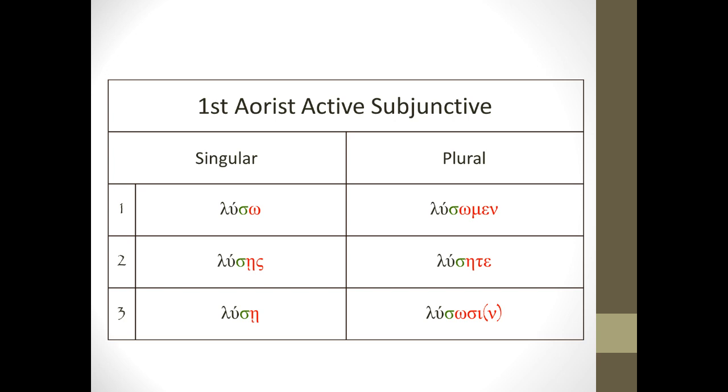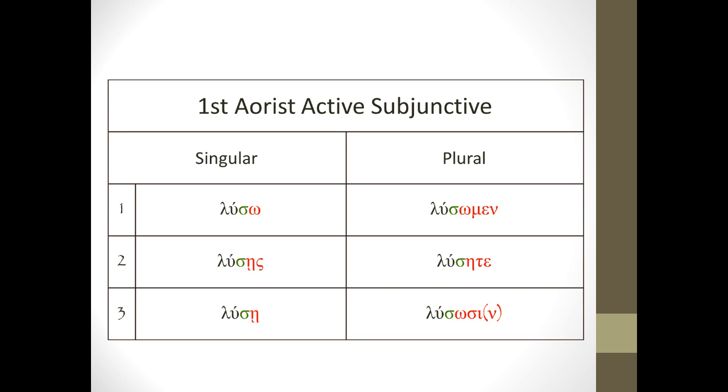One thing to note about the aorist subjunctive is that when you move out of the indicative mood, the aorist no longer has an augment. So notice there's no epsilon augment here. On the one hand, that should be a bit of relief to you because you don't have to worry about the augment, or if it begins with a vowel, the lengthening that takes place on an aorist. So that should be a little bit of comfort to you. On the other hand, there is a little bit of potential for confusion here, because up until this point, what you've learned is that when you have a stem followed immediately by a sigma suffix with your endings, you're dealing with the future tense.